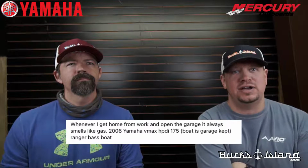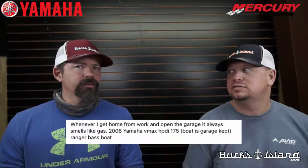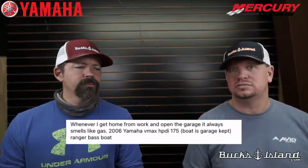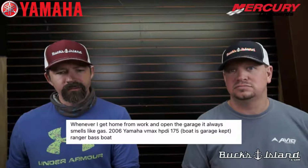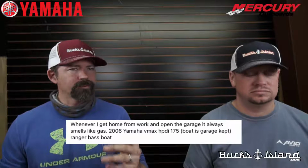All right, here was another one I found. Whenever I get home from work and open the garage, it always smells like gas. It's got a 2006 Yamaha VMAX HPDI 175 Ranger bass boat. Any thoughts on what could be happening there? Well, my first inclination is, what's the temperature in your garage from when you leave at the beginning of the day till you get home? If it's really cool and you filled your boat up on the way home all the way to the top,